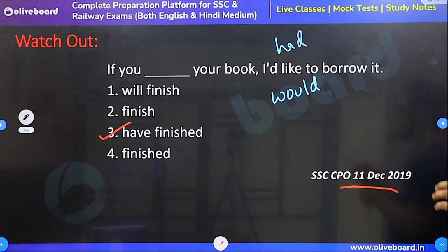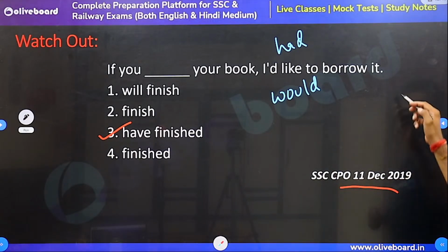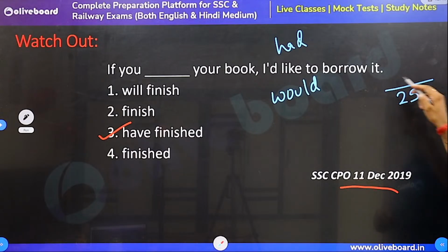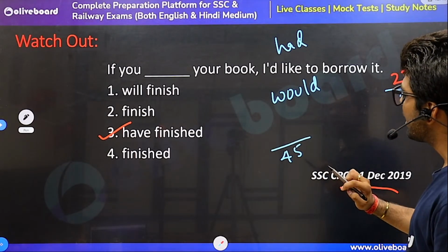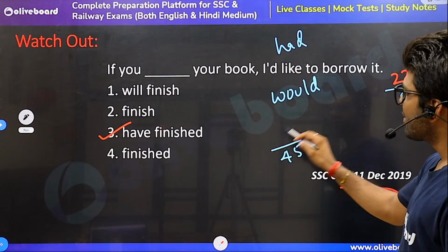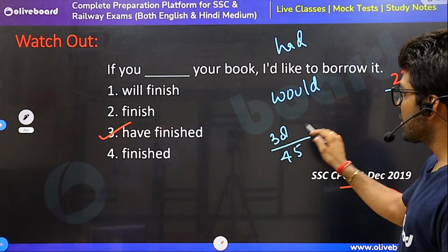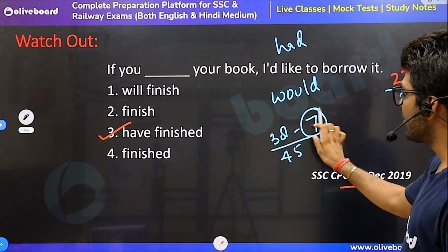Not everything is smooth and fine every time. In tier 1, to be honest, out of those 25, we will get 22 to 23 easy questions. Couple of them will be difficult. In mains, say 45 questions out there, CGL, we will come across 36, 37, 38 easy peasy questions. 7 of them are going to be difficult for sure.